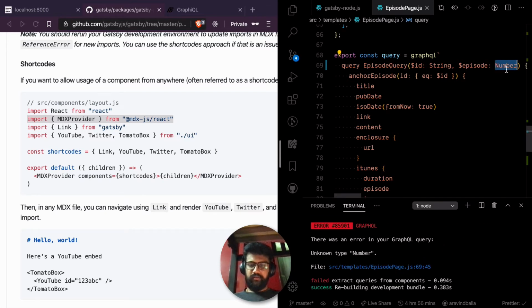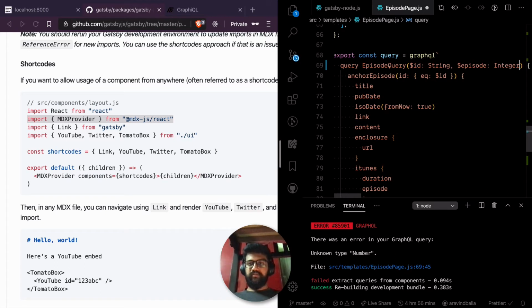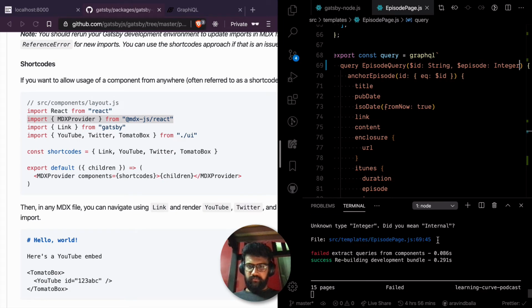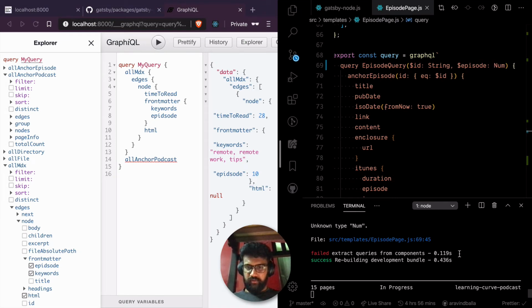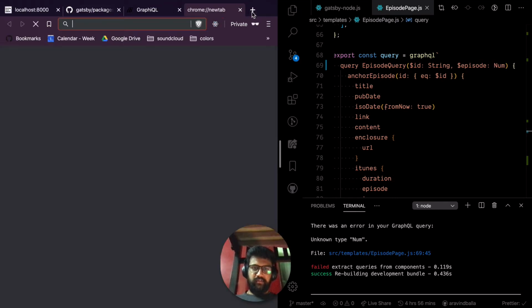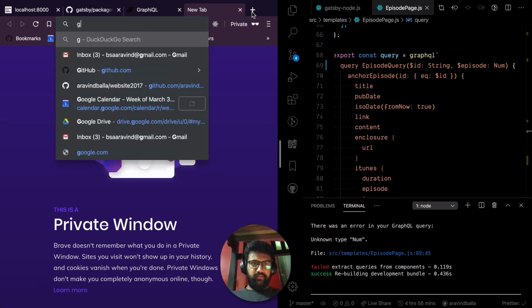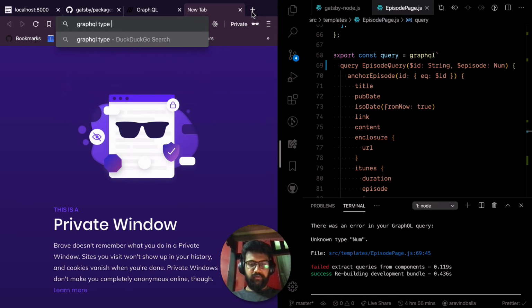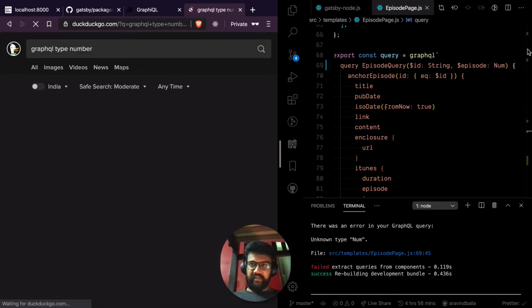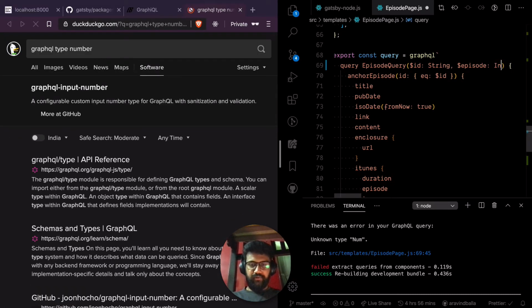Unknown type number, integer, num. I don't know, what are you at? GraphQL type number, int. What are you?